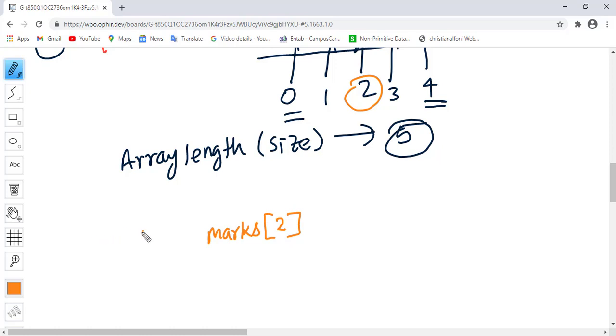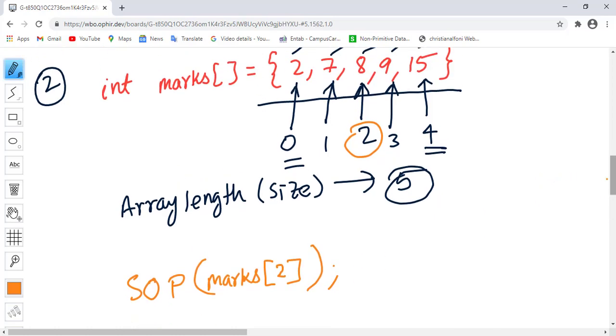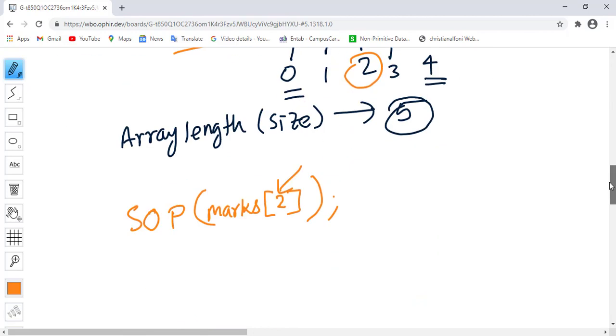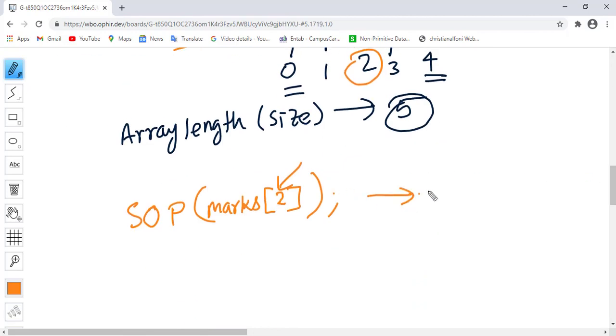Okay, and now let's say I pass this to system.out.println. So when I do this, the value present at index 2 in the marks array will be returned, will be accessed, will be read. So the value is 8 at the second index. So the output of this will be 8.